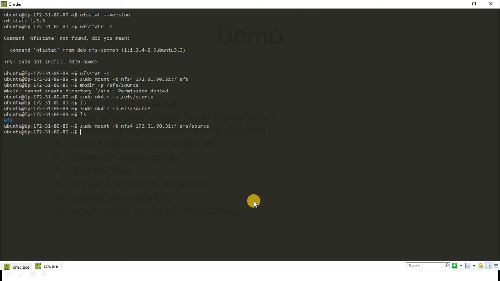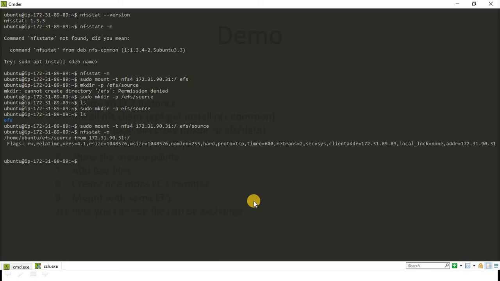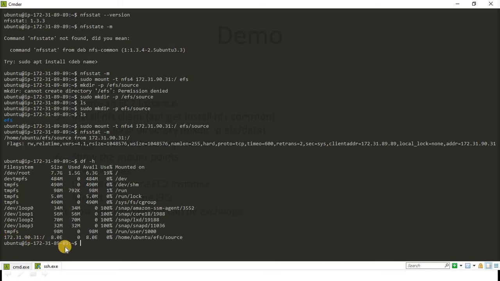To confirm, we can use nfsstat -m. This gives a reference that it is currently pointing to 172.31.90.31, and even if I go with df -h, it's also listed down here. We can see here. Now let's go to the folder EFS